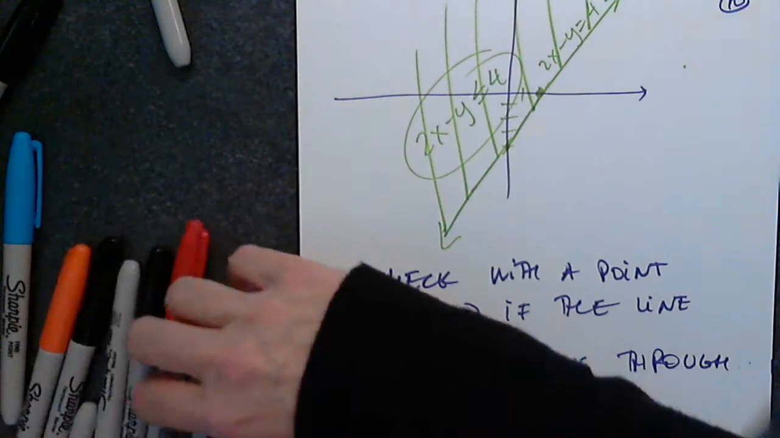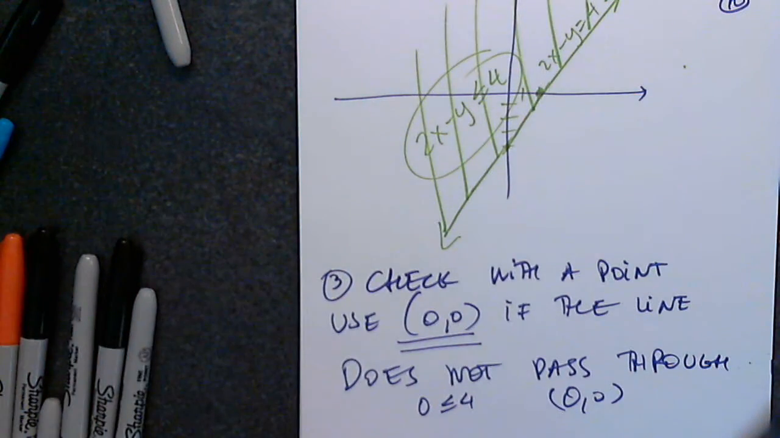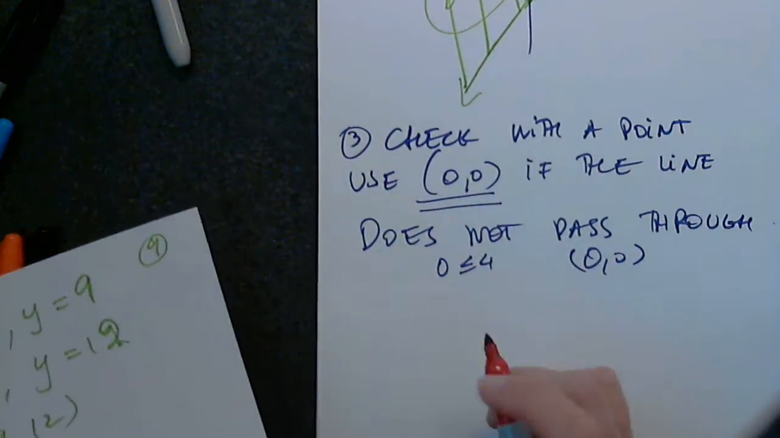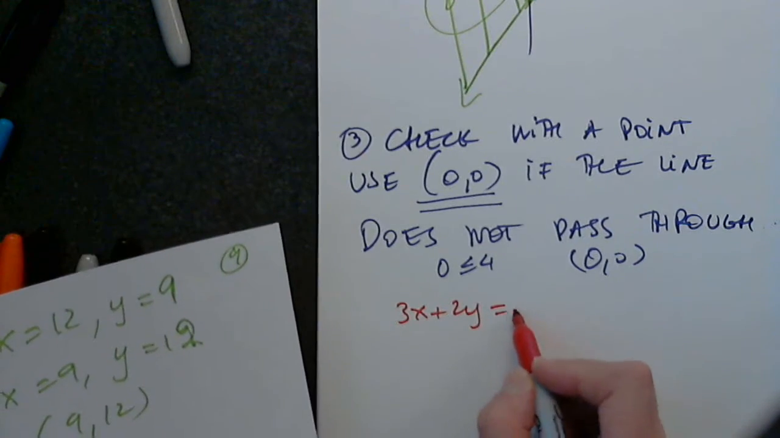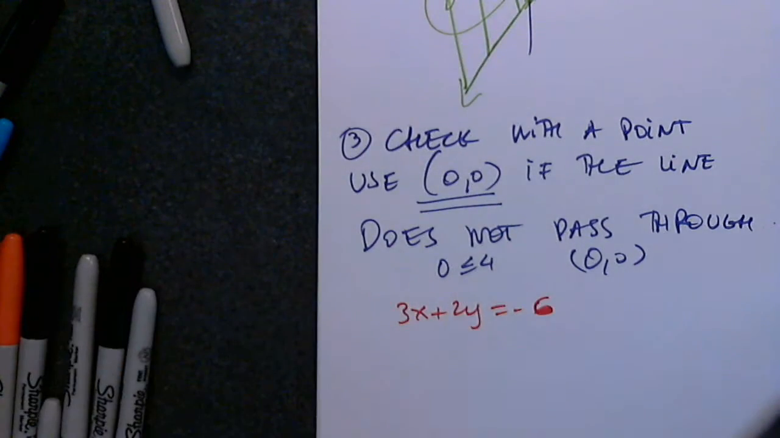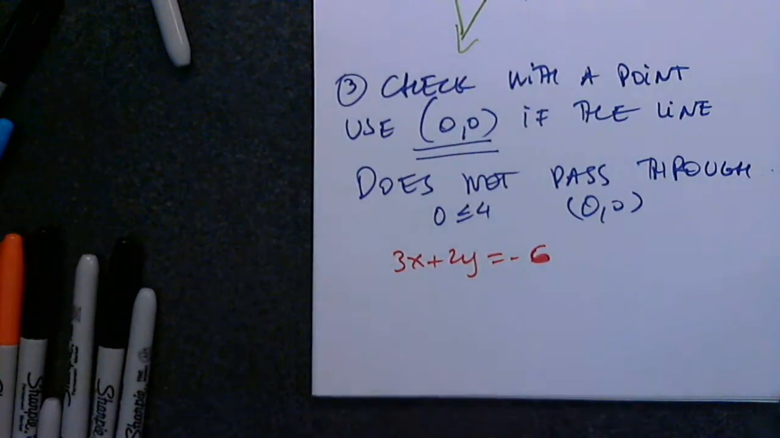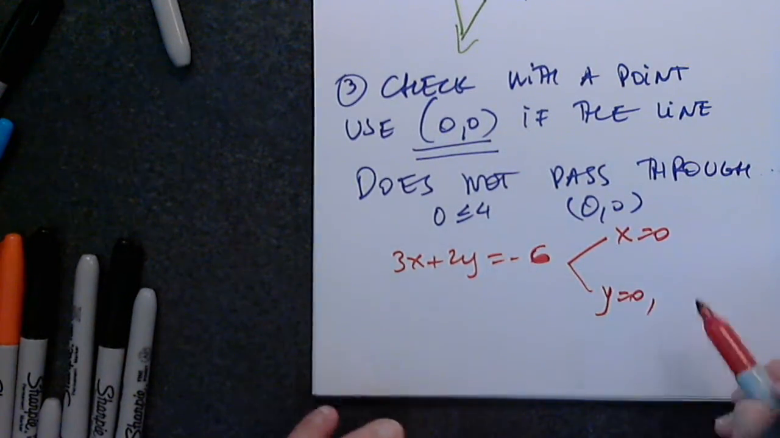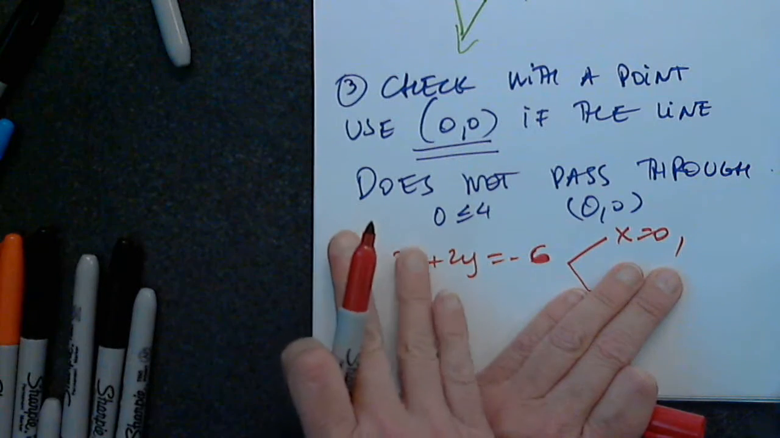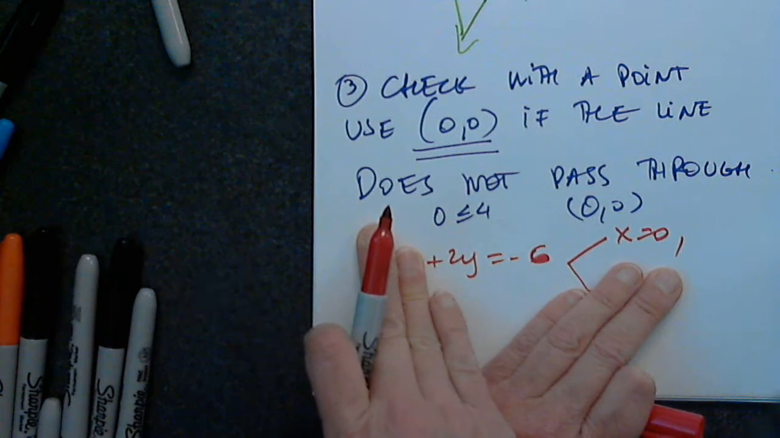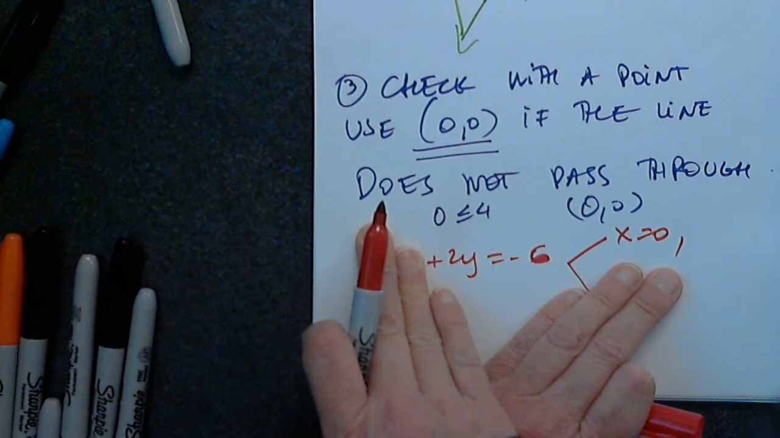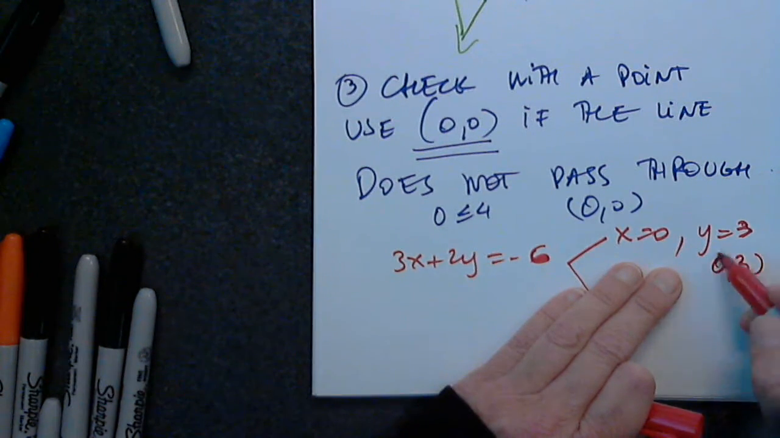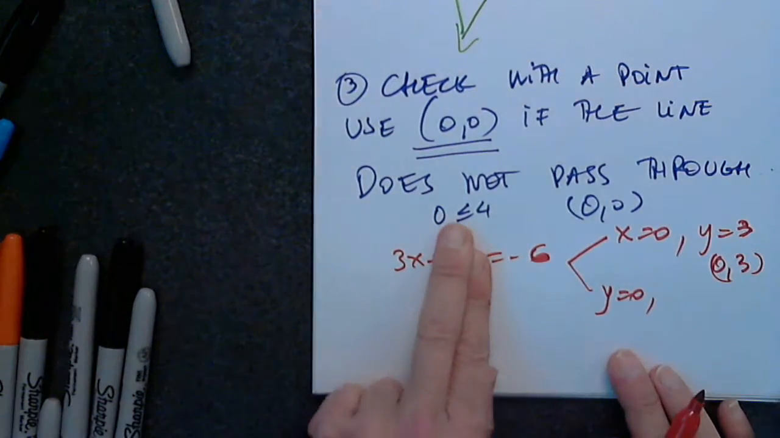So we perform the exact same 3 steps using 3x plus 2y equals negative 6. I wrote the equation because I have to graph it. I will find what happens when x is 0. How much is y? Very good. Y is 3. So we have the first ordered pair 0, 3. And now when y is 0,